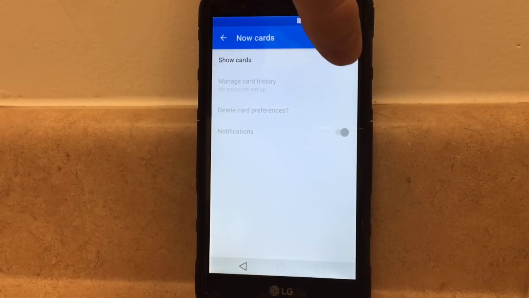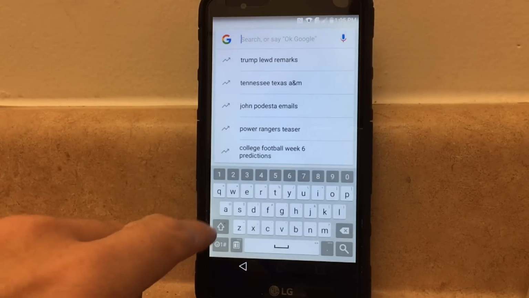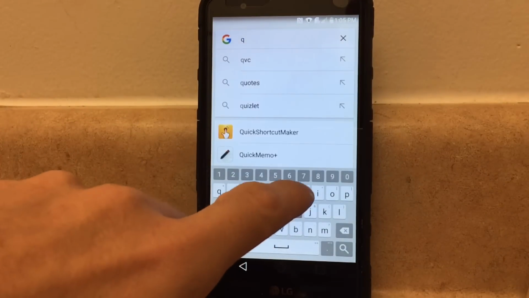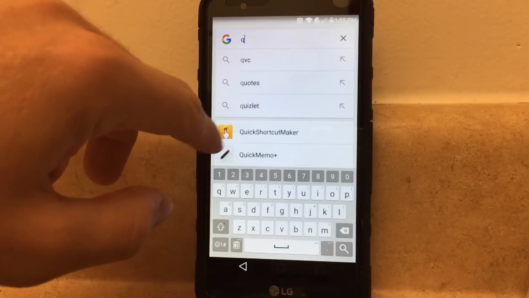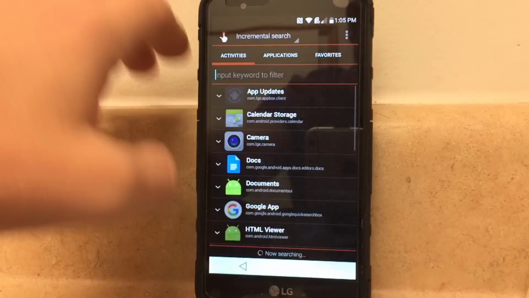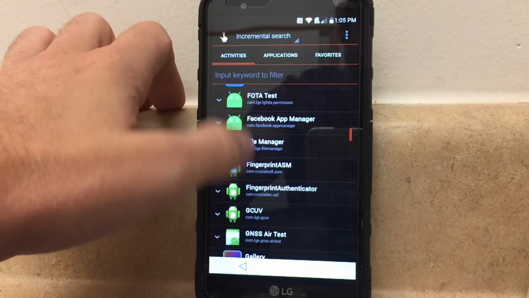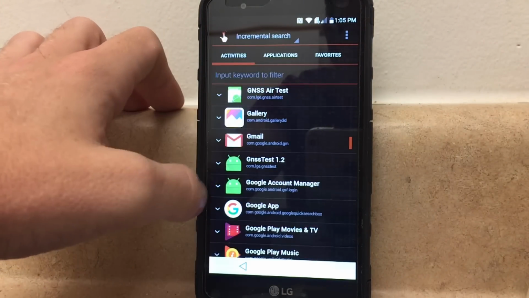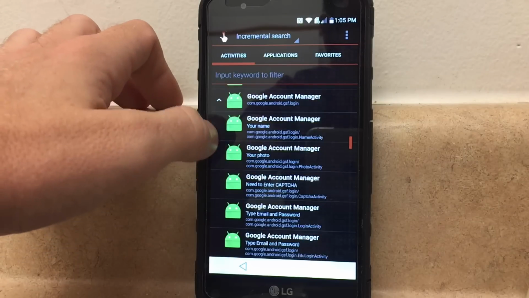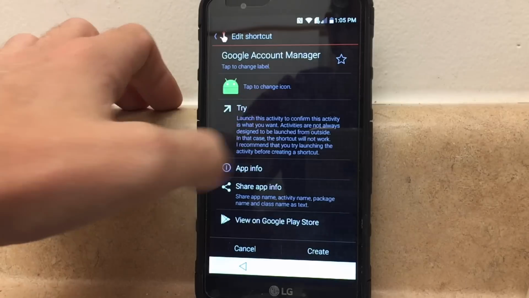Go ahead and click on Show Cards again. Say no thanks. Now type Q. When you get the letter Q, you should see Quick Shortcut Maker. Go ahead and open that up again. Now if you go down to Google Account Manager, you will see type email and password right there. Click on that, try,